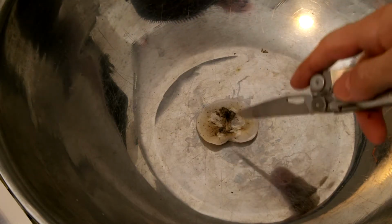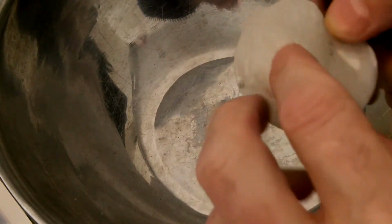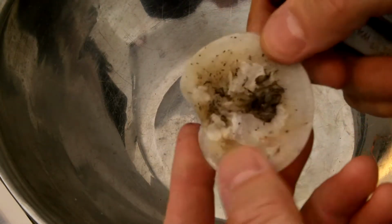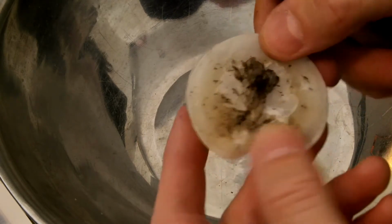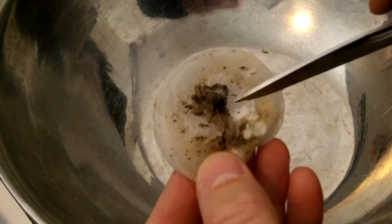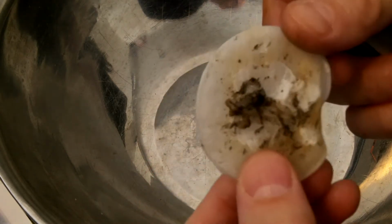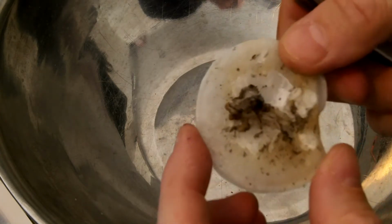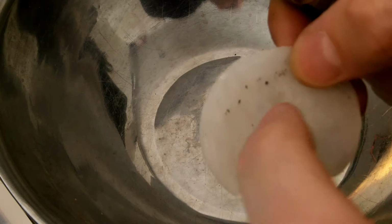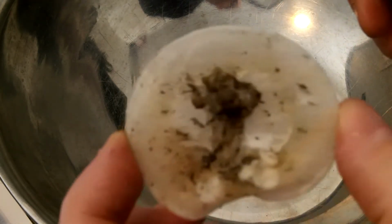Hey guys, Anthony here. Today I want to light one of these fire rounds that I made a few weeks ago. I did a video on it. I think I coated them with too much wax when I made the first batch, but I want to test this one out and see how long it burns for. So I'm going to try to light it right now, set my stopwatch up, and see how long this cotton pad, facial pad that's coated in wax